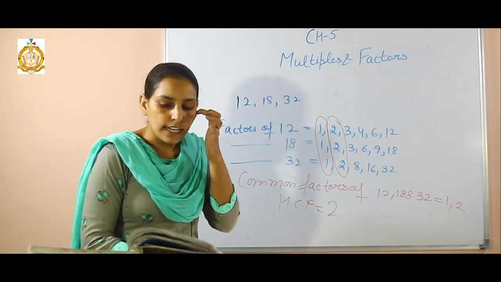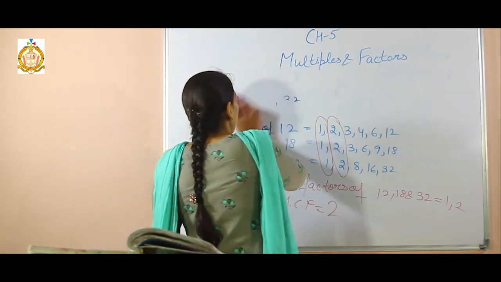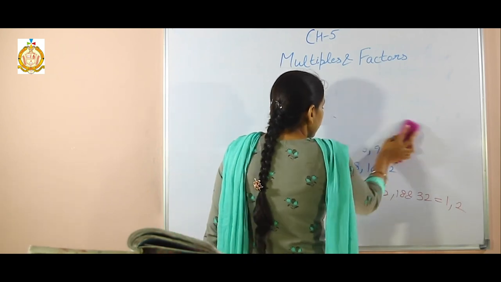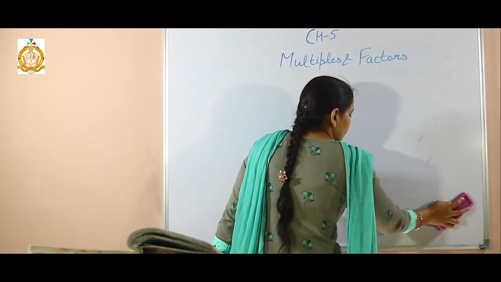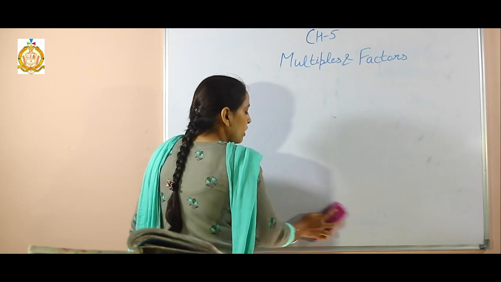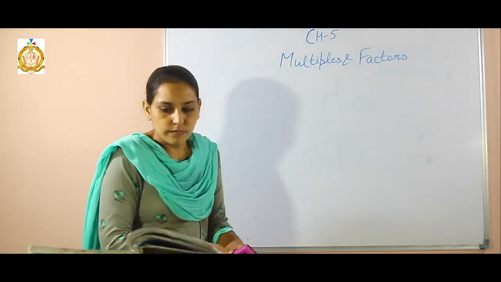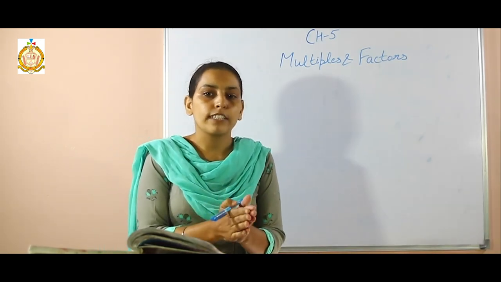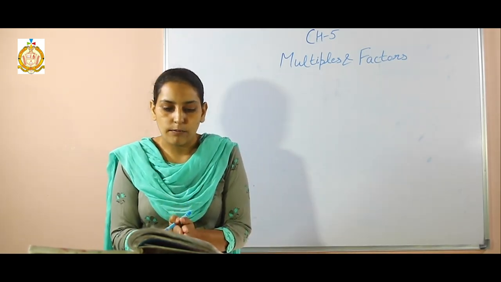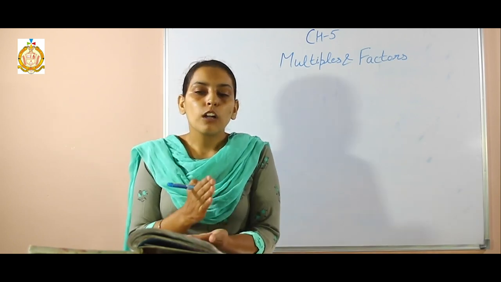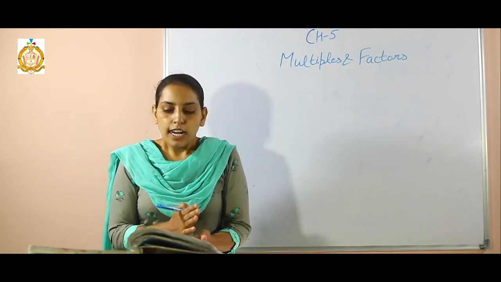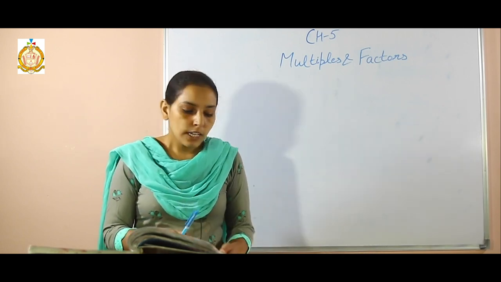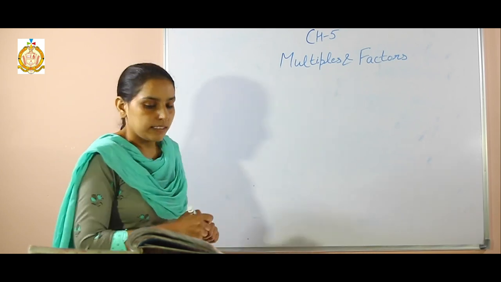Students, next, find the HCF of the following by prime factorization method. Here, students, in this exercise there are various methods to find out the HCF. In the first method we have done it by listing the common factors. That means we have to find out the common factors and then find out the HCF. In the second sum you also write down the common factors. And the next, third one, is that you have to find the HCF by prime factorization method.